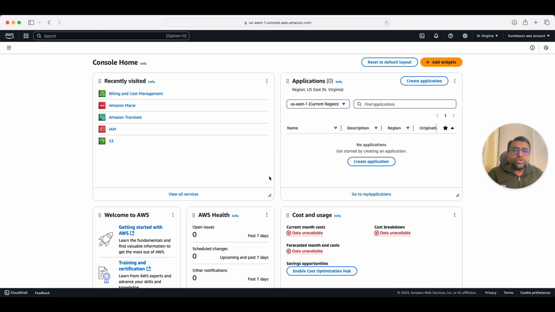cost you money. So it is very important to set a budget or a cost budget for your services so that you can be notified well ahead of time if the cost for a particular service or for the entire account is exceeding a predefined threshold or limit set by you. So today in this video I am going to show you exactly how to set up budgets for your AWS account, and this is going to be a very important video, so please see the entire video and be with